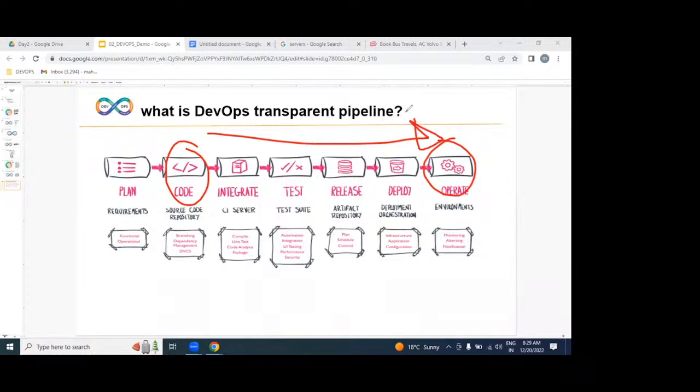But how exactly, guys, please? Are we going to be writing any code in the dev environment? No. The writing is the responsibility of whom? Developers. The developer has to write the code using any programming language. Once the code is written, who is the responsible person to maintain it? The DevOps engineer. What I said very clearly: writing is the responsibility of the developer, but maintenance is the responsibility of the DevOps engineer.